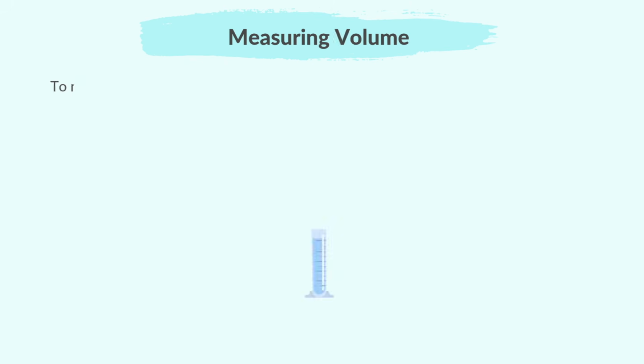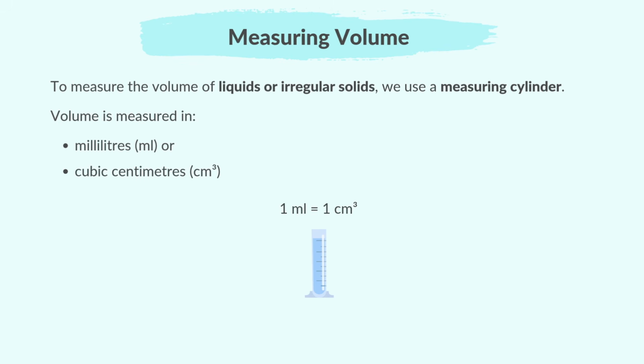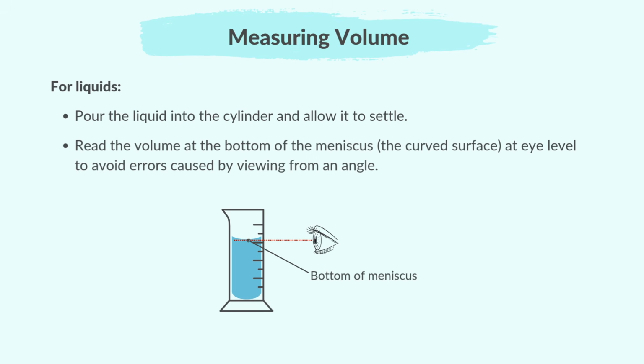Measuring volume. To measure the volume of liquids or irregular solids, we use a measuring cylinder. Volume is measured in milliliters or cubic centimeters. 1 milliliter equals 1 cubic centimeter. For liquids, pour the liquid into the cylinder and allow it to settle. Read the volume at the bottom of the meniscus, the curved surface, at eye level to avoid errors caused by